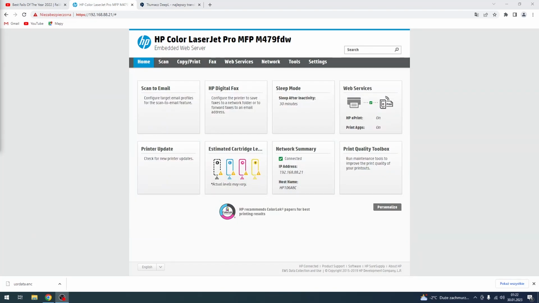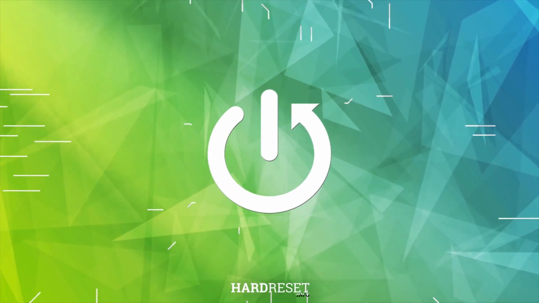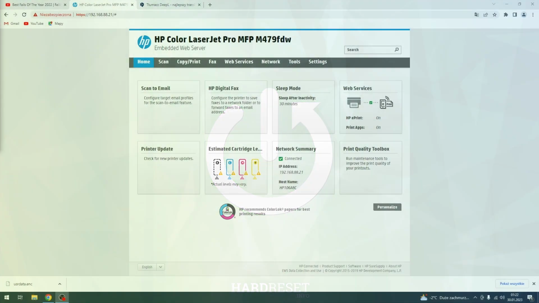In front of me, HP Color LaserJet Pro device, and now I'm going to explain how to troubleshoot any soft problem you can create on your printer. So, to troubleshoot any problem, of course, you need to factory reset your device, but I know you have many